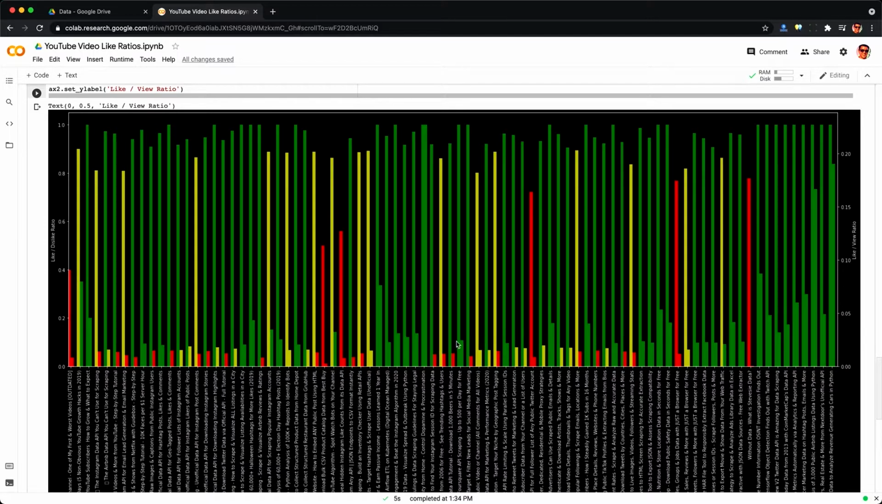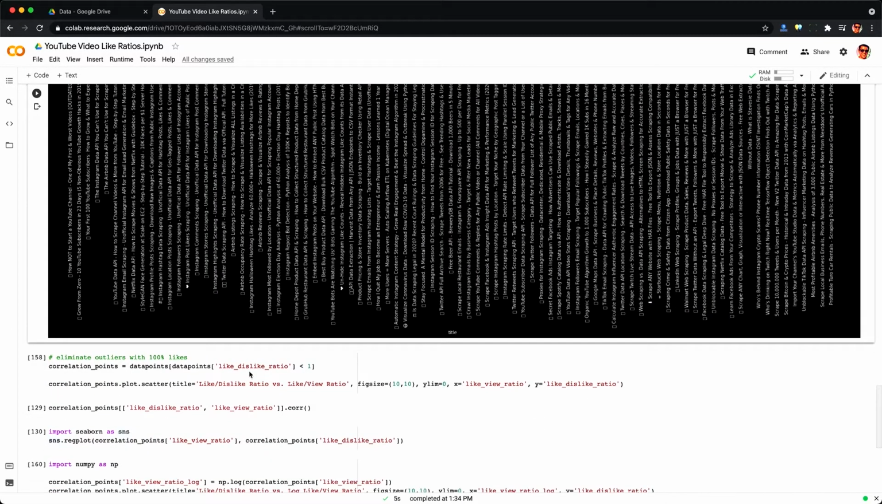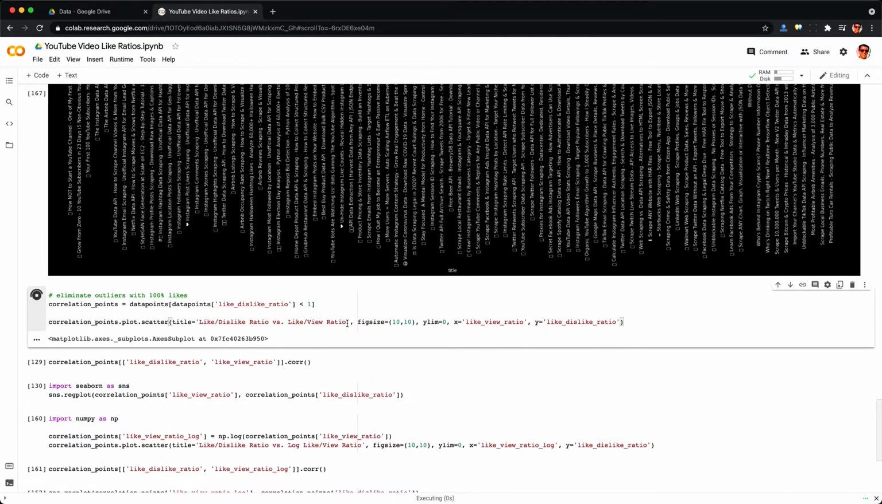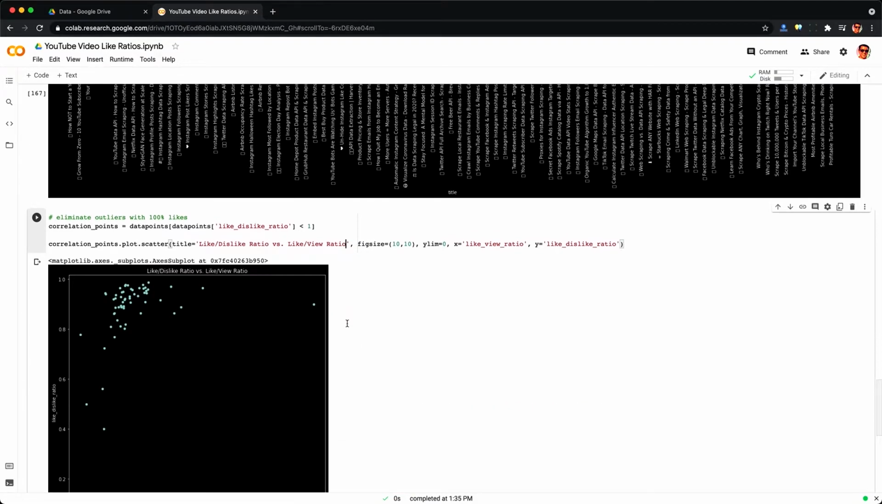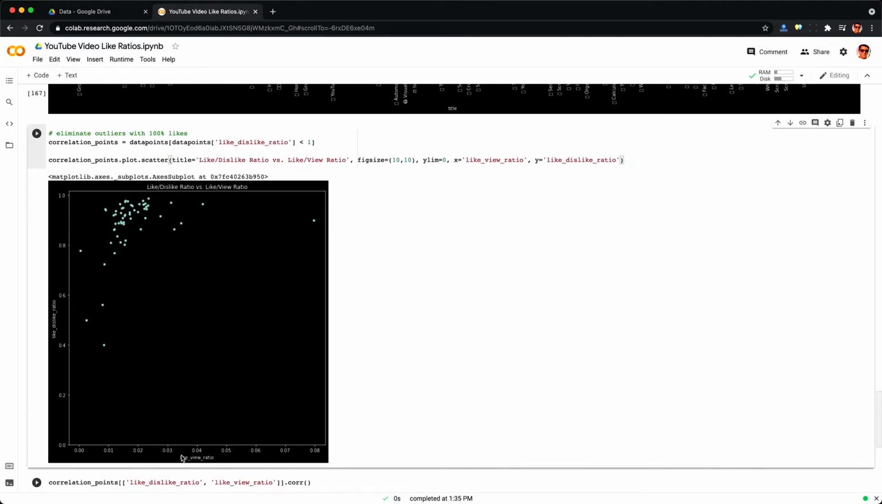So ultimately we want to look for a statistical correlation to show that we can predict the older like to dislike ratio from the like to view ratio. So let's do some statistical analysis. And the first thing I did was eliminate those outliers with 100% likes because it's going to be tricky to predict them because they're all 100%. And when I do a scatter plot, I'm now using the x-axis to show the newer like to view ratio and the y-axis being the older like to dislike ratio